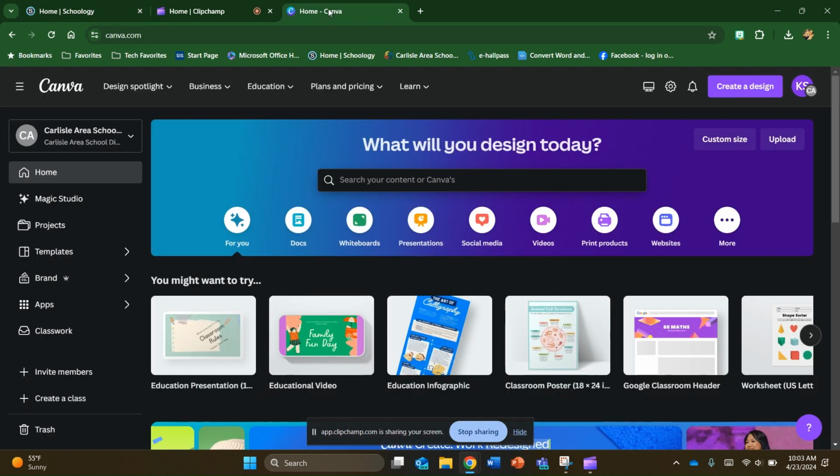So this is not a Canva tutorial. I'm not walking you through all the ins and outs of Canva, but just so you know, every teacher in the district does have a full pro account. As long as you are logging in using your Microsoft credentials, you will be able to access all of the